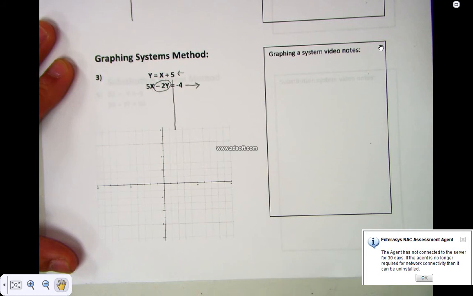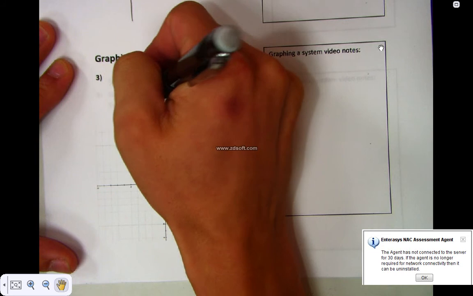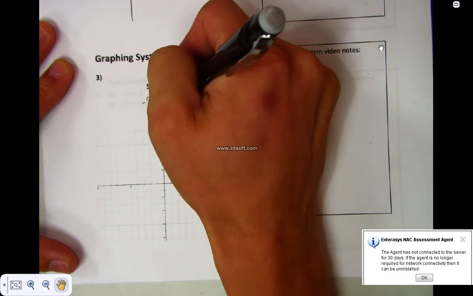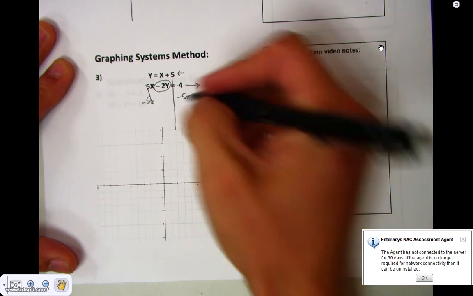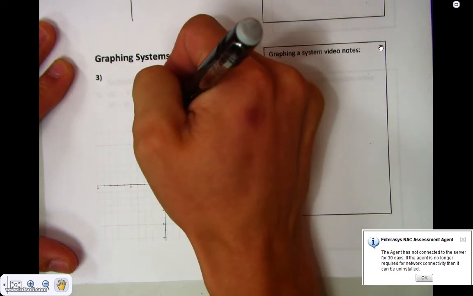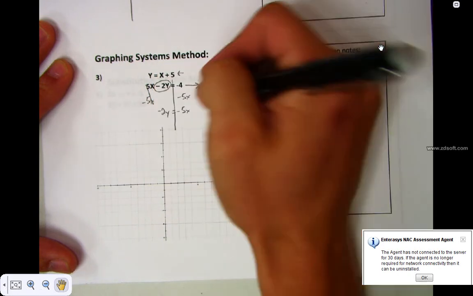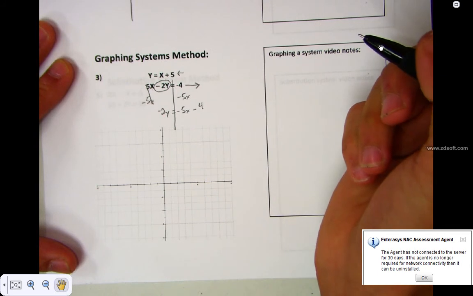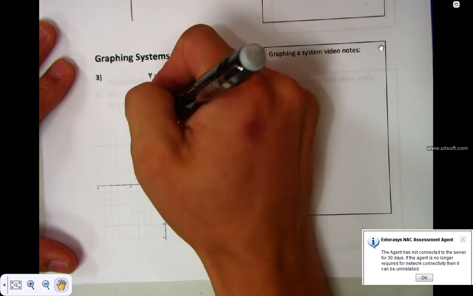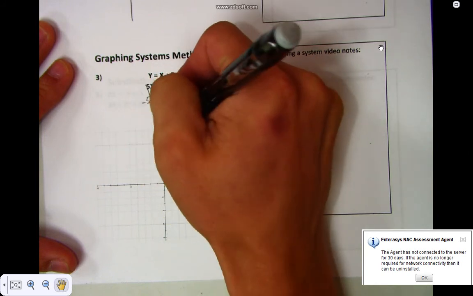Remember, that negative also comes with it, all right? That's what's going to come down. I'm going to subtract 5x from each side. Those are going to cancel on the left. So I should have negative 2y equals negative 5x minus 4. I'm going to divide by negative 2 because negative 2 is being multiplied by the y, and I want there to be a positive y left over. Negative 2, negative 2,